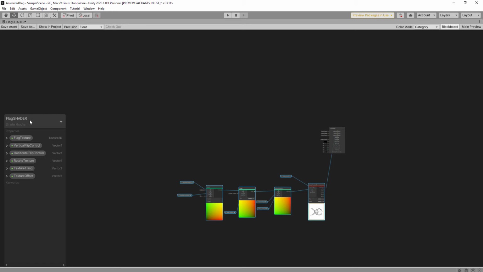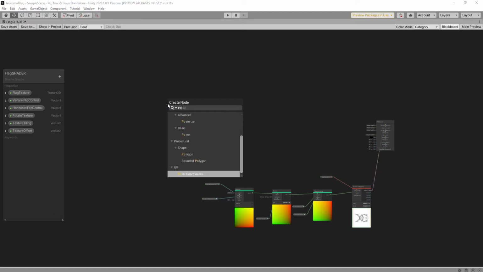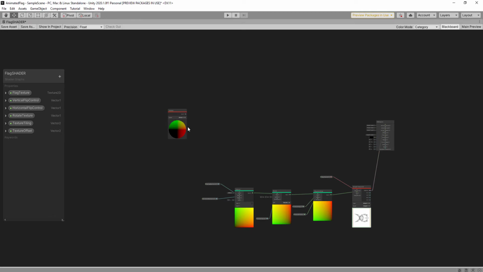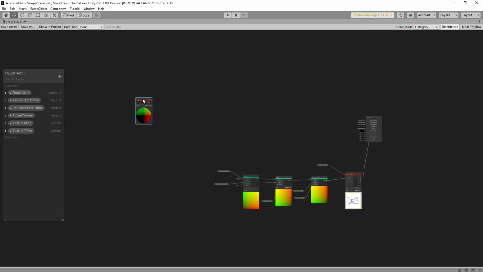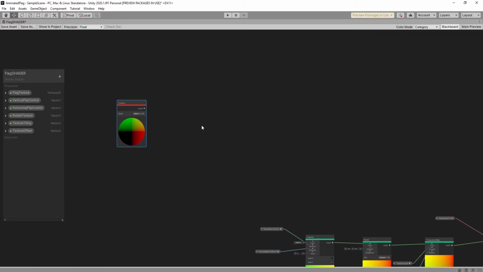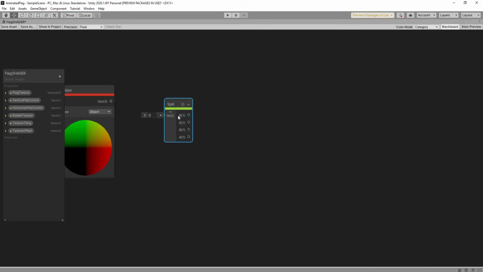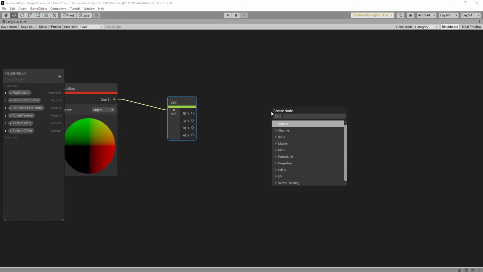At first, we can add a position node, and change the object space because we want to control the flag object, and we need the X and Z axis for this one. Split, and we can control the X and Z axis with the split node, and we can add